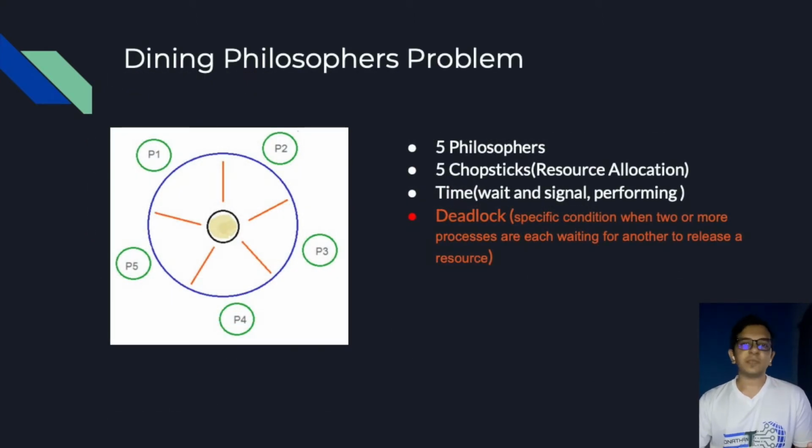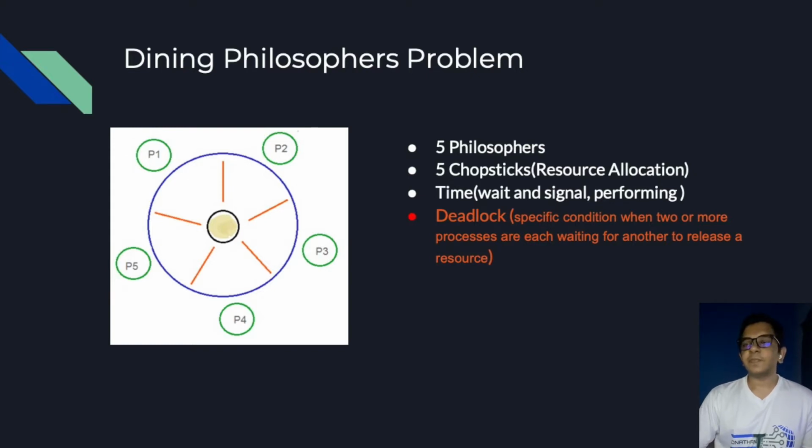So the dining philosophers problem. There are a few conditions that you have to consider in the illustration. There are 5 philosophers, and on the table there is only one noodle bowl, and there are 5 chopsticks. In this occasion, we say eating, thinking, and there is one condition. Eating is performing the task, and thinking is waiting in the queue. So the condition is every philosopher should have 2 chopsticks. Since there are 5 philosophers, they should have 10 chopsticks.